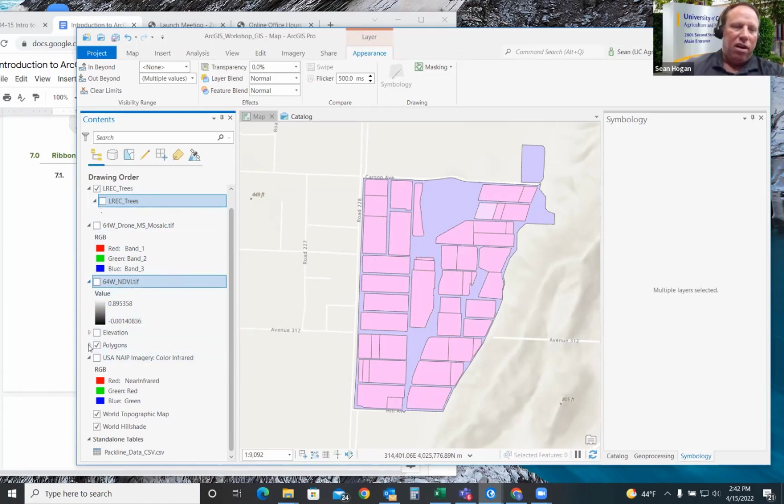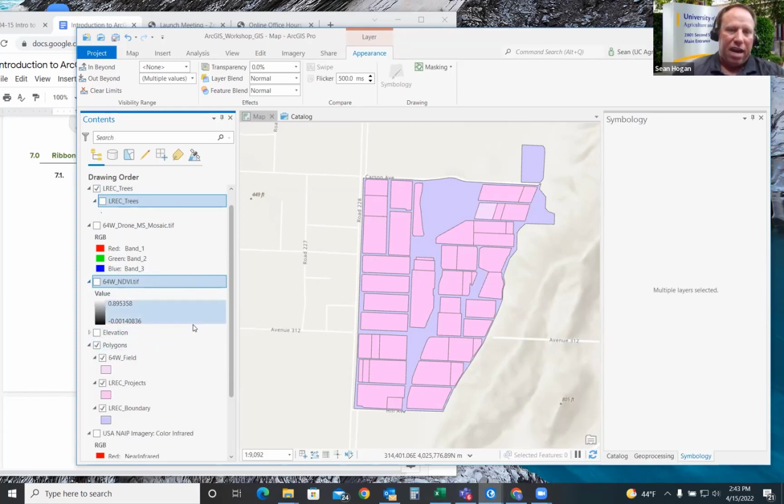And on the polygons, I'm going to click the little triangle next to it that drops down. And there are two, at least the 64 west fields on my map. I know that depends on the defaults they come in on your map, but they're a little too close together. They're not distinct. So I want to change this to something that's going to make it pop out a little bit.